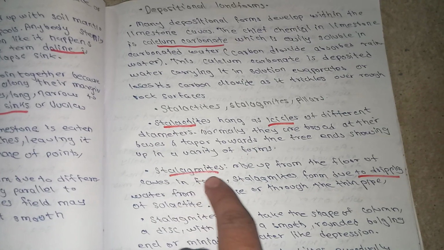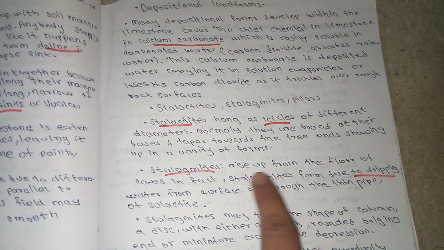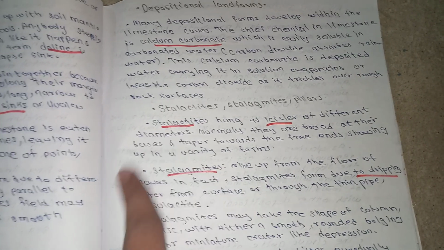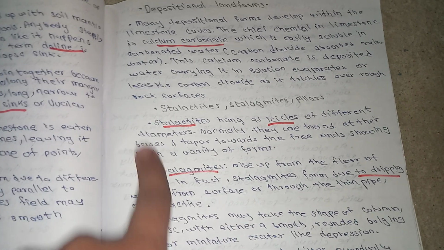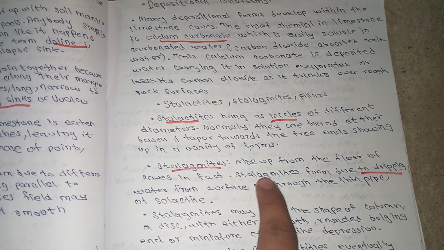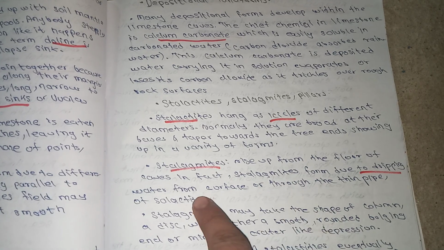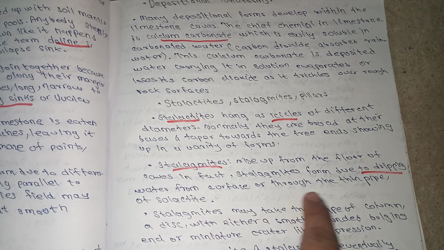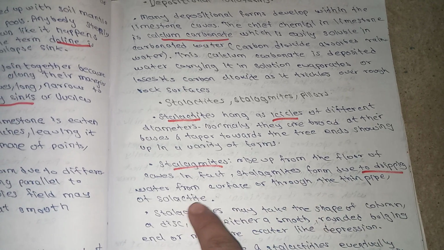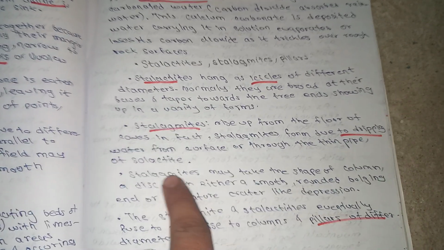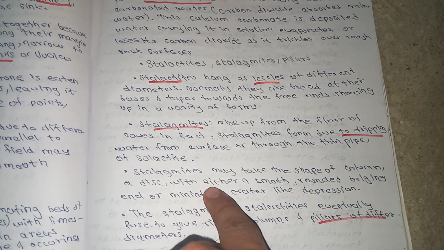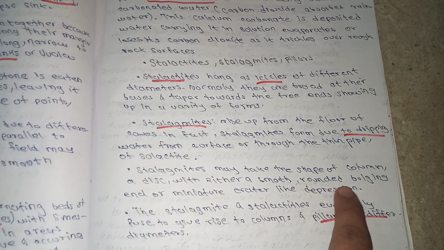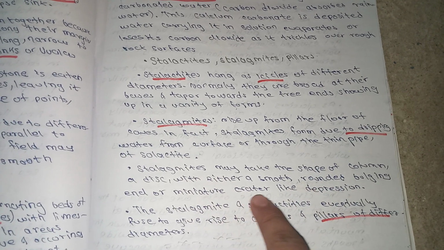Now, stalagmites rise up from the floor of the caves. Stalagmites rise up from the floor in an upward direction. In fact, stalagmites form due to dripping water from the tip or through a thin pipe of stalactites. Stalagmites may take the shape of a column, a disc